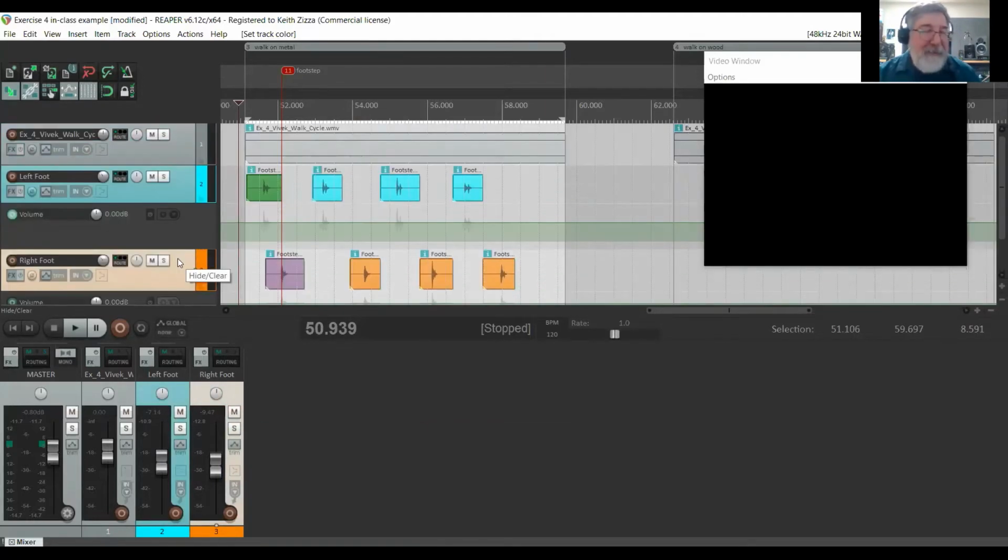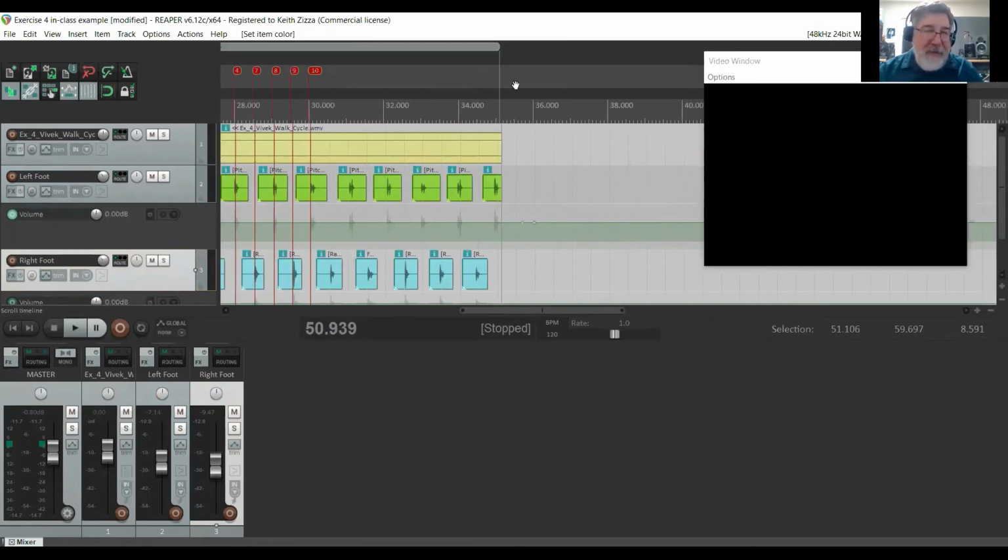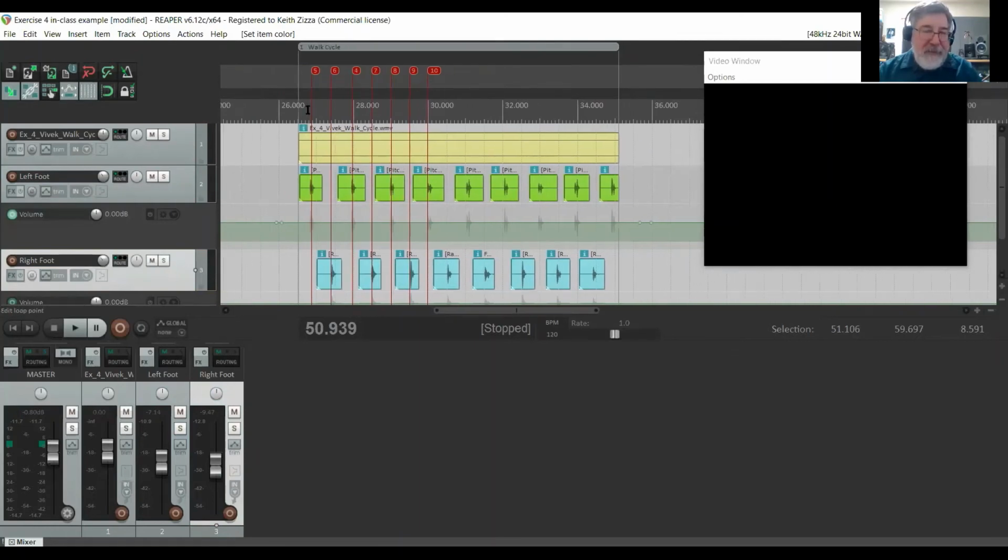All right, but you get the idea. You can colorize as you need to, and it may help you with remembering where certain categories of sounds are. Again, all just optional stuff here, okay? So I've taken the trouble to go ahead and do a little of that for you. I've placed down some markers. I've created some color, all right? And I'm going to go ahead and watch. And I've only got a few seconds here of good